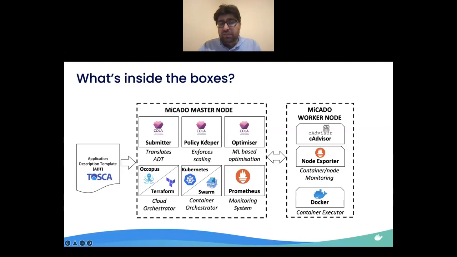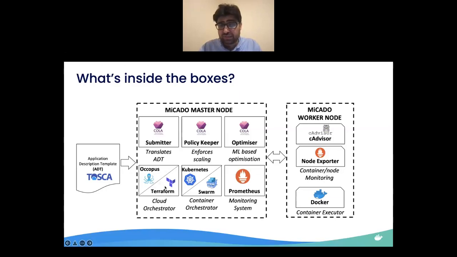So the first row, if you notice, contains components which were specifically designed for the MiCADO system. These are self-developed components, whereas the second row consists of various already available open source solutions which we integrated into the MiCADO system. For example, in the cloud orchestrator, we have Occopus, an open source tool, and Terraform.